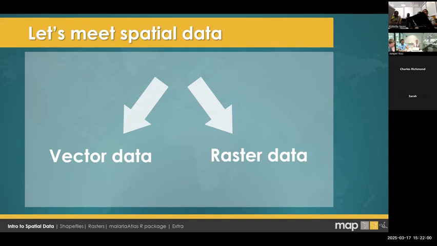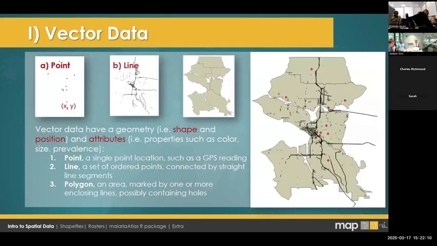So when we talk about spatial data, the two main categories we have are vector data and raster data. We are going to go through these now, starting with vector data. In vector data, the main categories we would have are points, lines, and polygons. And then you can have objects that have all of these characteristics. But basically, these have geometry, so a shape and a position, like X and Y for a point, and